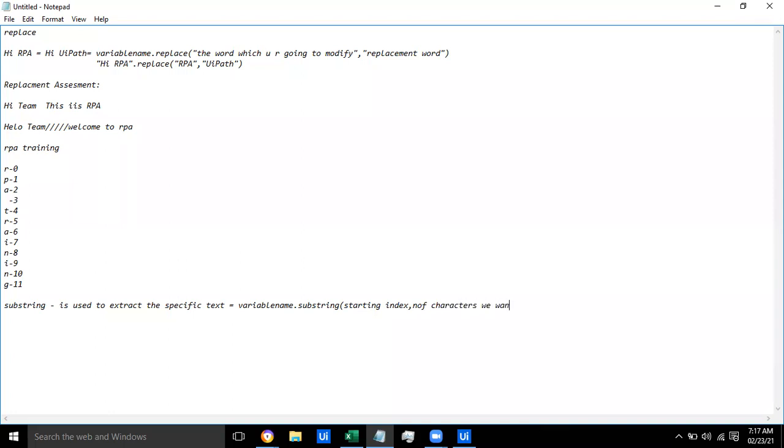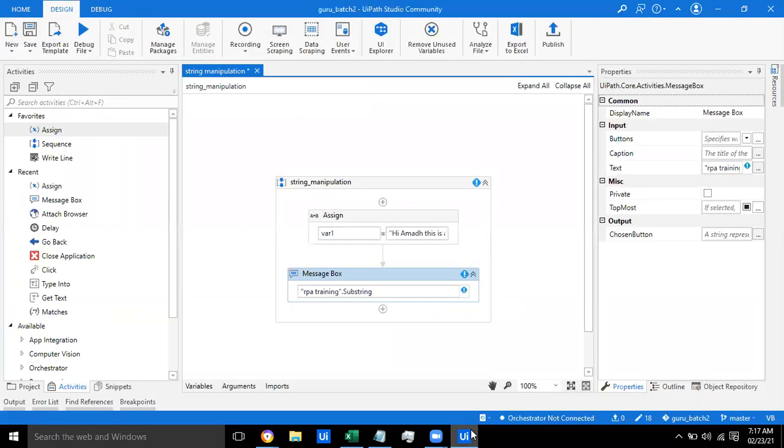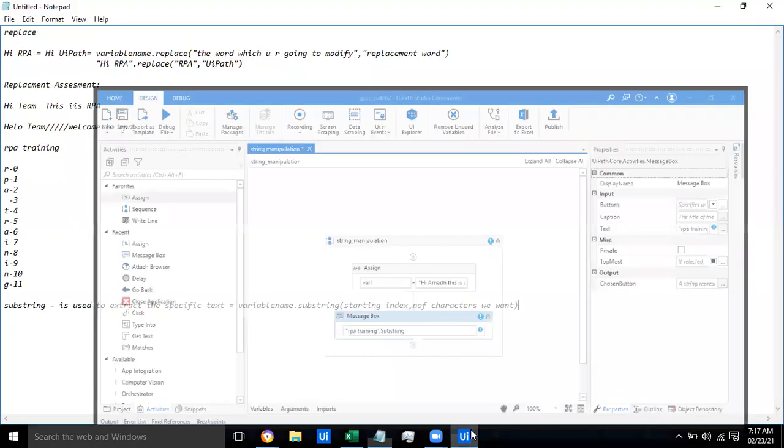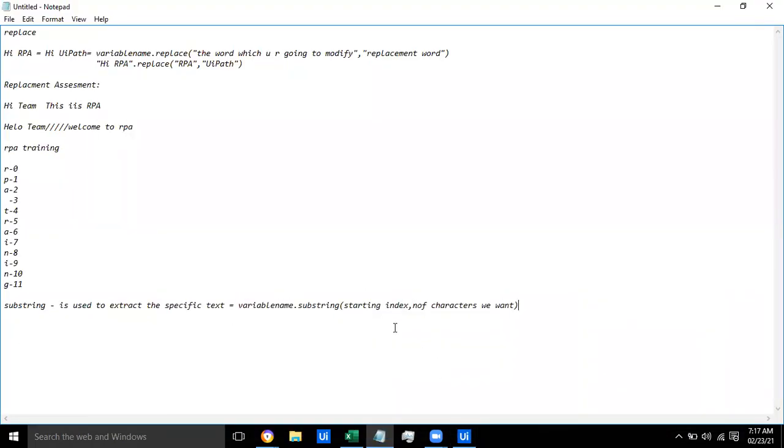So this is what the syntax is, guys. Here, what is the variable name? I didn't create any variable, I just simply declared it as a string. And what is the starting index? Here, I want 4 for this word training. Okay, super.